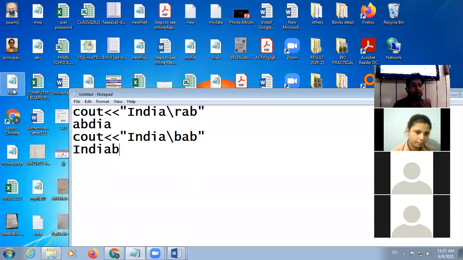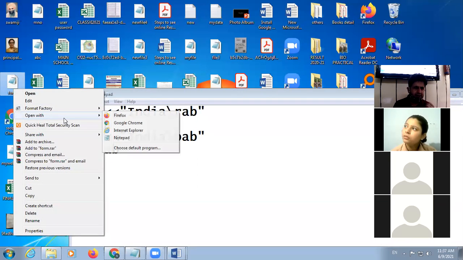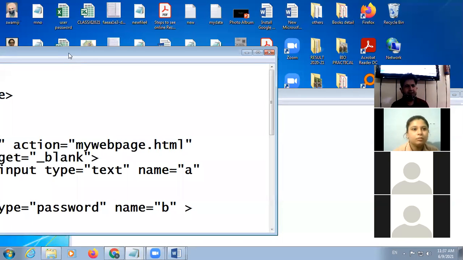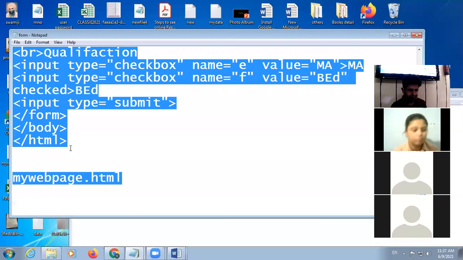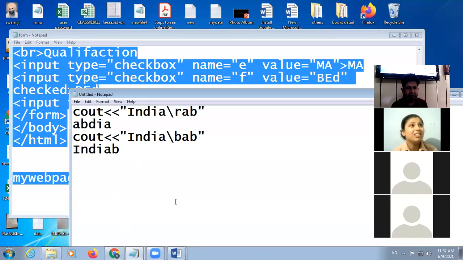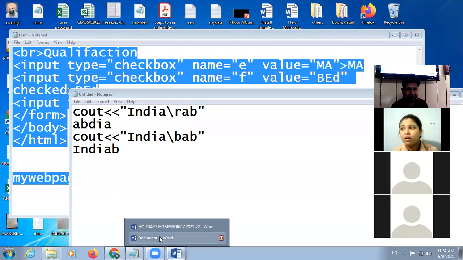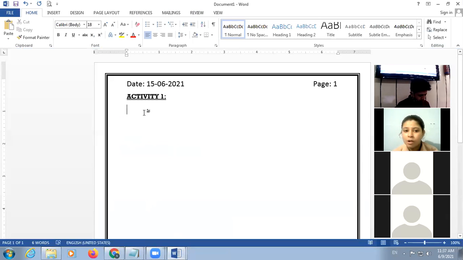For example, here is a form. I am just taking one example. I open this in notepad and copy the coding and come to your file, then you paste the coding.